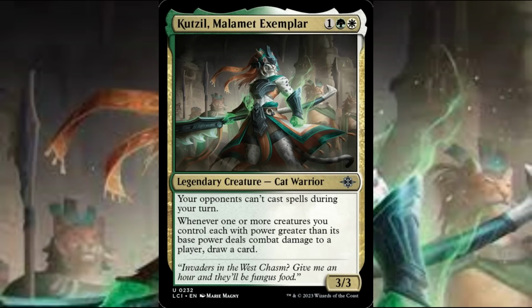It is so much better than uncounterable abilities, so at least it's got that going for it too. If it actually resolves, they're not doing anything to it that turn. So they're not doing anything to anything that turn if this thing resolves. So that is pretty sweet. And I think that almost tempo gain, if you want to put it that way, could